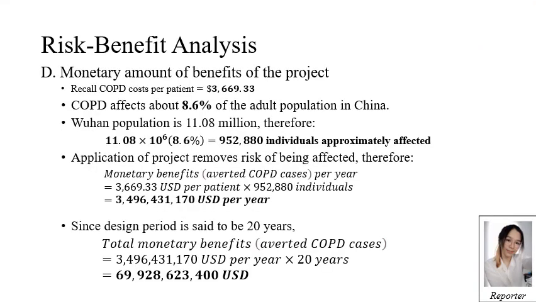And the most expensive project cost is that of the low NOx burners, with a total of $529,977,234.96. Now, for the monetary amount of benefits of the project, recall that in Part A of the risk-benefit analysis,